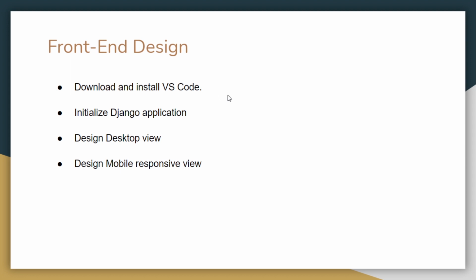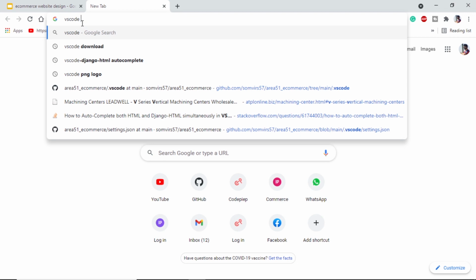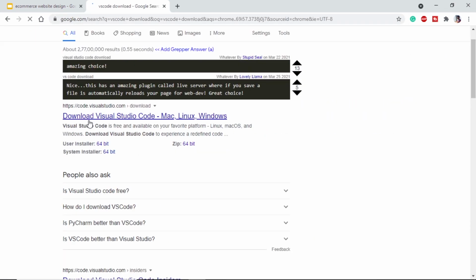In this video we will be installing VS Code, which will be a very minimal setup, and we can use that setup in mostly every Python script or other projects. First of all, let's download the VS Code. If we search for VS Code download, the first website will provide us the link to download it.